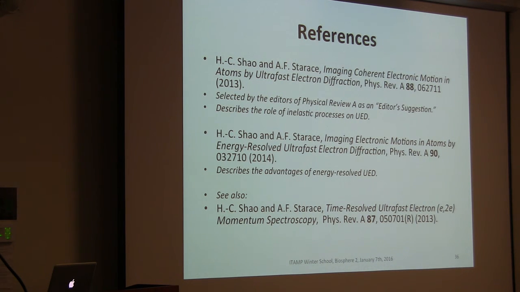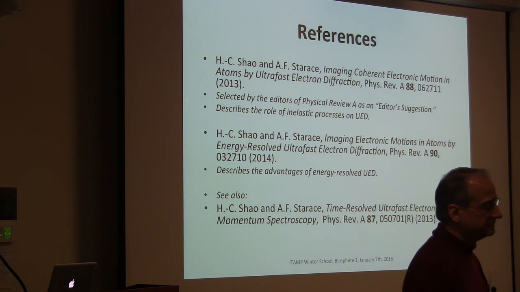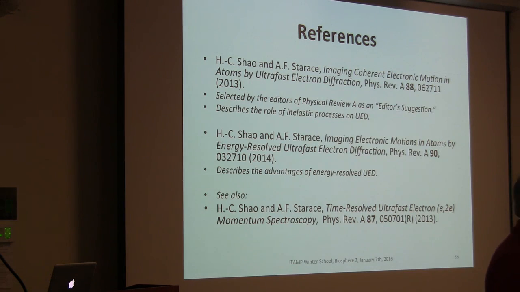And so they have an upper limit on the initial wave packet, and then they can minimize the duration on the target. As long as it's much shorter than the beat period or the time period of whatever electronic motion you're trying to measure, then it'll be okay. You don't have to know precisely. So you can know that, okay, this electron pulse is